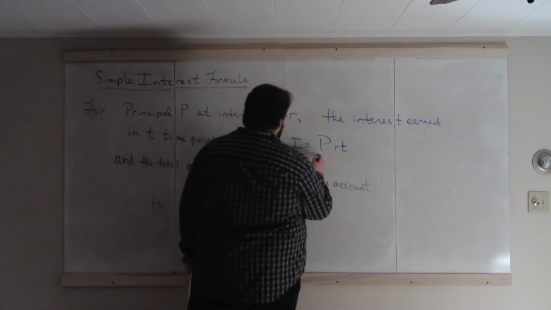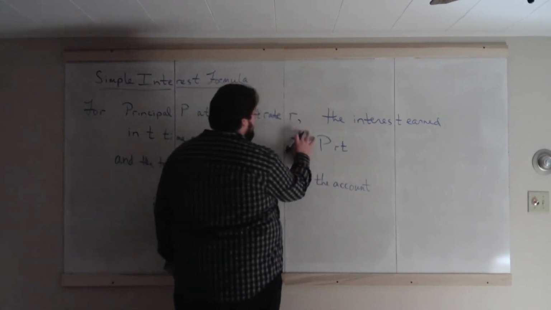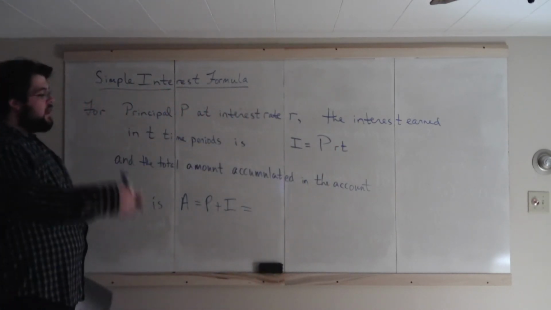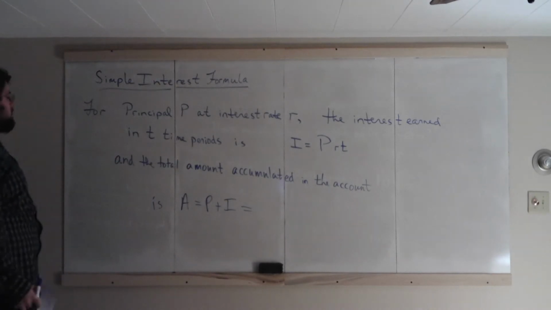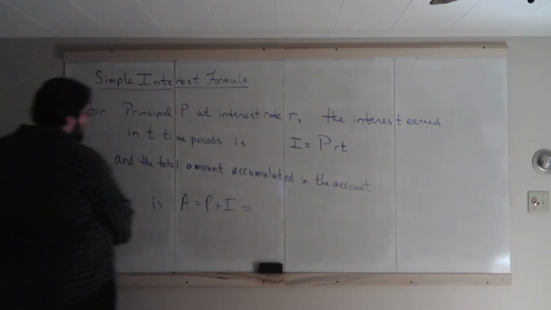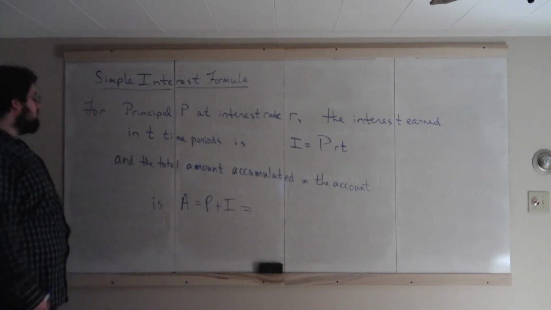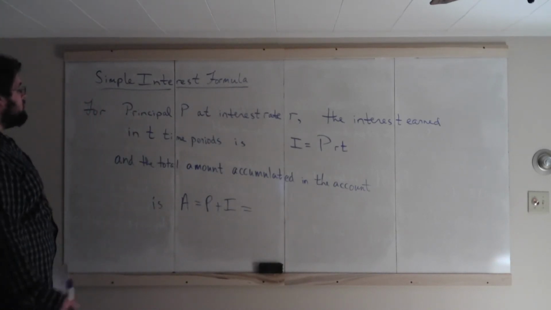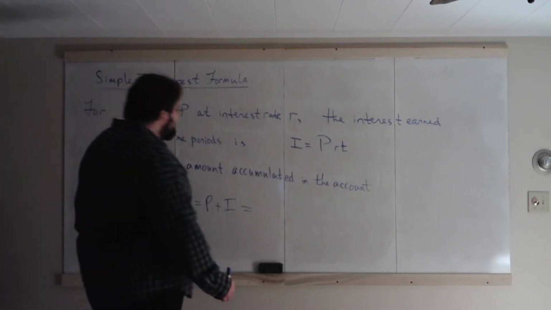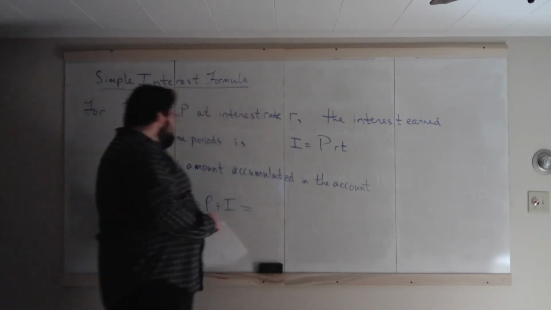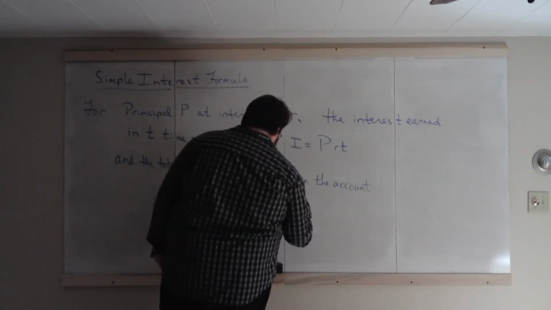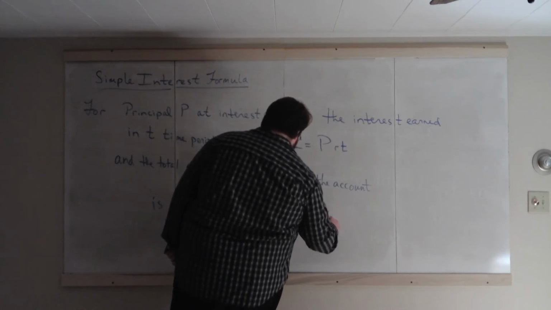So the interest earned in one time period is the principal times the rate, and then in T time periods is the principal times the rate, and then T times, or times T. So that gives us the interest earned. Well, the total amount accumulated in the account is then P, the initial, plus I. And this is for simple interest, is P plus I. And let's simplify this a little, actually. P plus I. What does that equal? Well, I equals PRT. So this equals P plus P